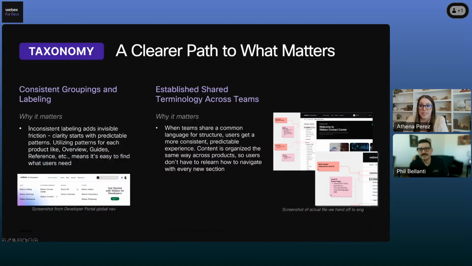You're left guessing. Is this a guide? Is it a reference? Does this apply to calling, messaging? Or what if I need to work on contact center? It's not clear. So by defining these consistent patterns, like you saw in the walkthrough with Adam, overview, guides,